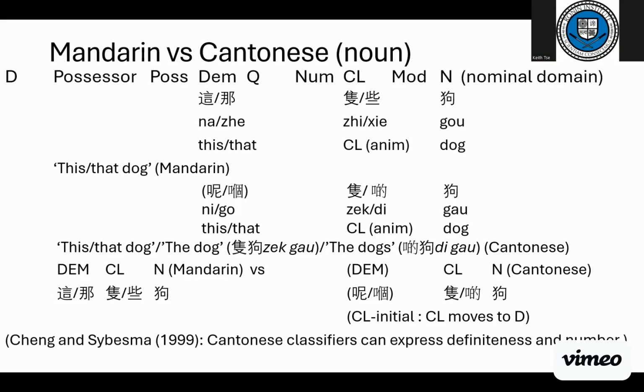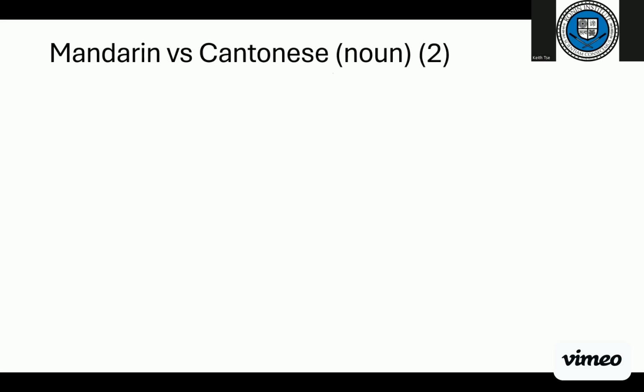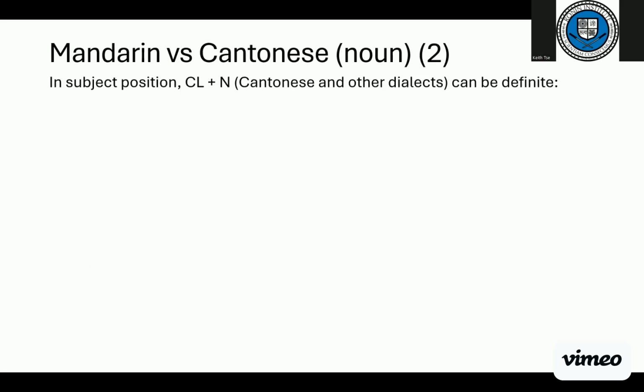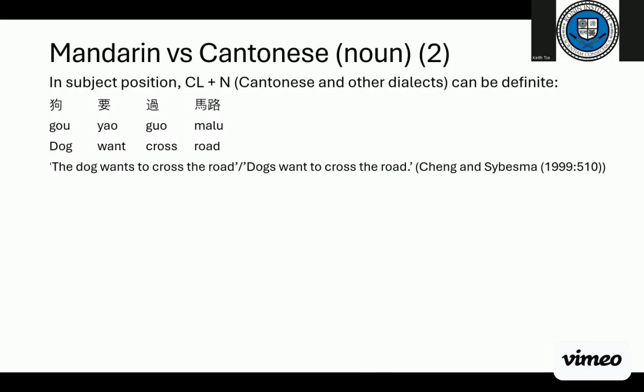And in the following, Cheng and Sybesma's very famous article, Cantonese classifiers can express definiteness and number. Now, there's a bit more to it: in the subject position, classifier plus noun tends to be definite. So, in Mandarin, we could use the bare noun, such as the example here, 狗要过马路. So, we simply have 狗, okay, 狗要过马路, this means dog or dogs, the dog, or dogs in general want